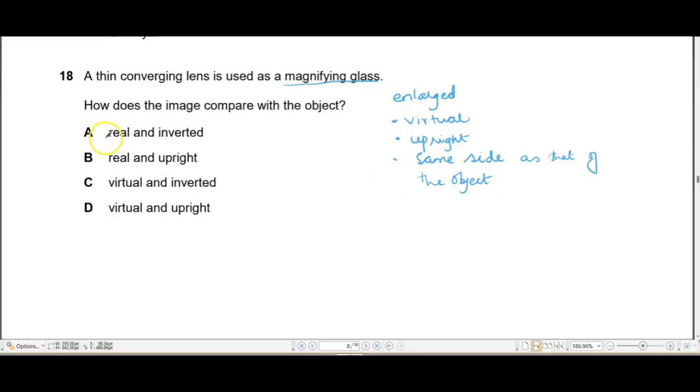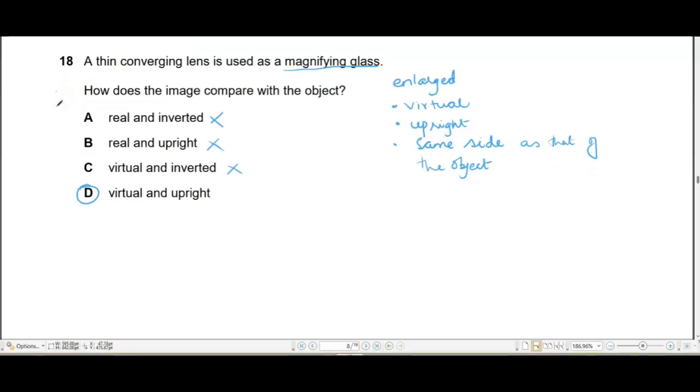So let's see. How does the image compare to the object? It is real and inverted. No, it's not real. Real and upright is also not correct. Virtual and inverted is not correct. Virtual and upright is correct. Okay. Moving on to question number